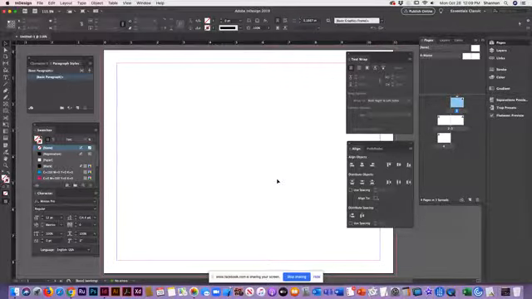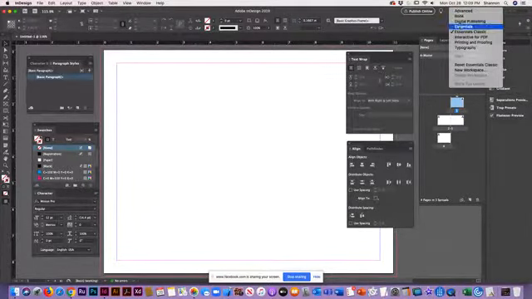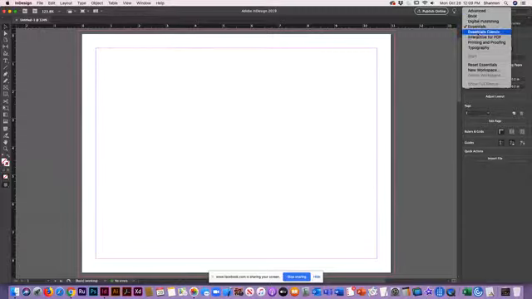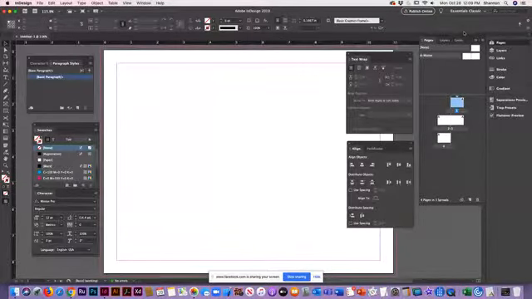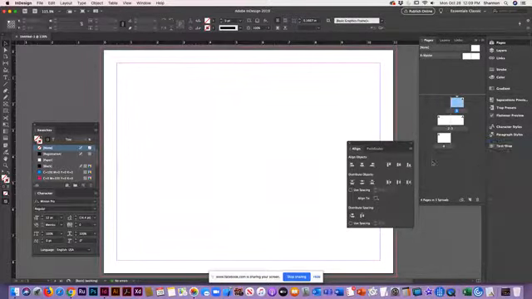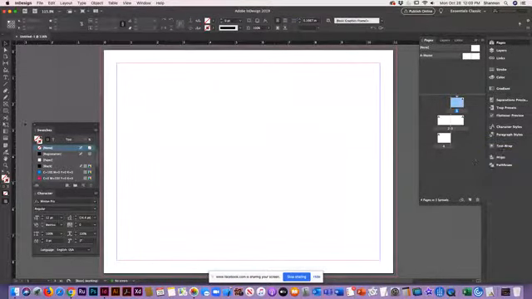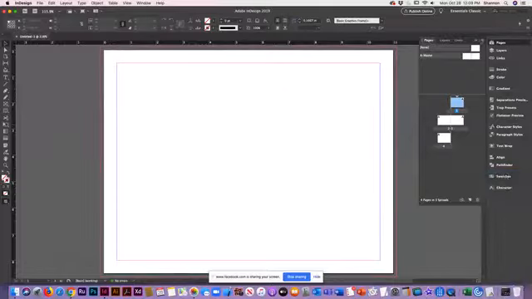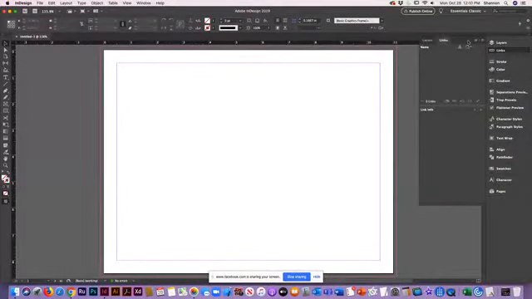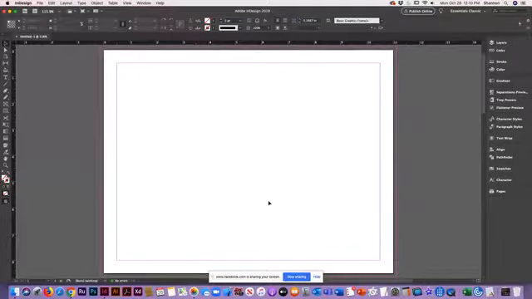All right, so there's a couple of different things that I want to point out. If you are only in Essentials, your workspace, you may want to change it to Essentials Classic. You're going to get way more options on the page. Let me just fix my Essentials Classic a little bit, make it a little neater. I just find that it keeps everything that I need, you know, where I need it, basically. All right. So there's a couple of things that I wanted to point out, and I'm going to zoom in